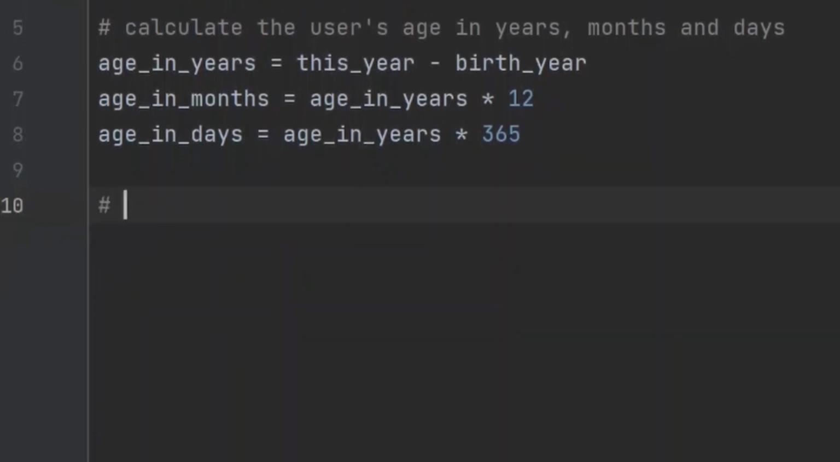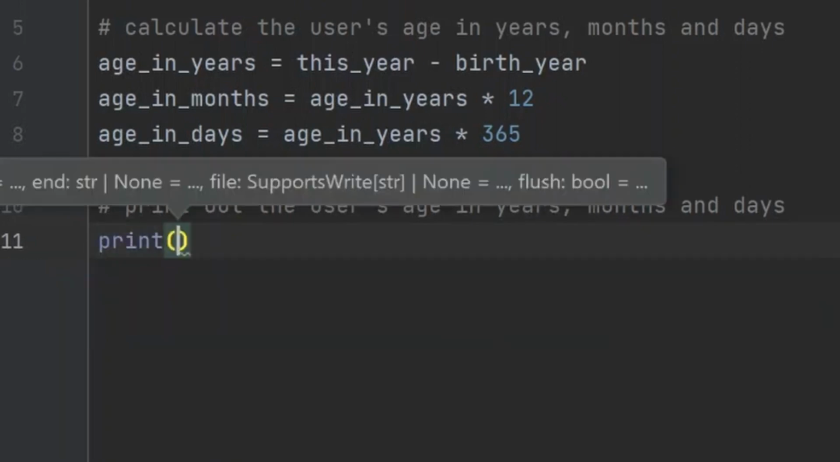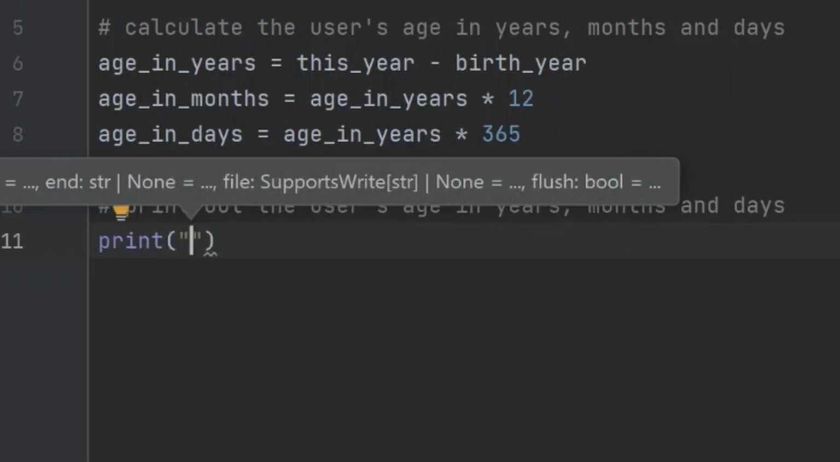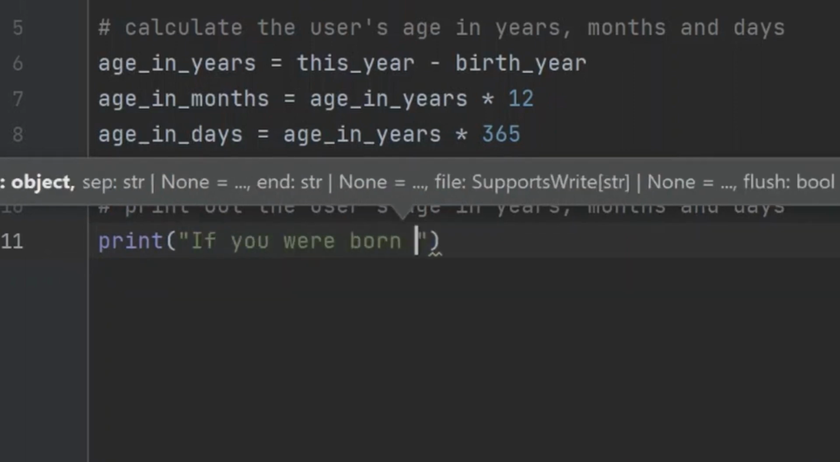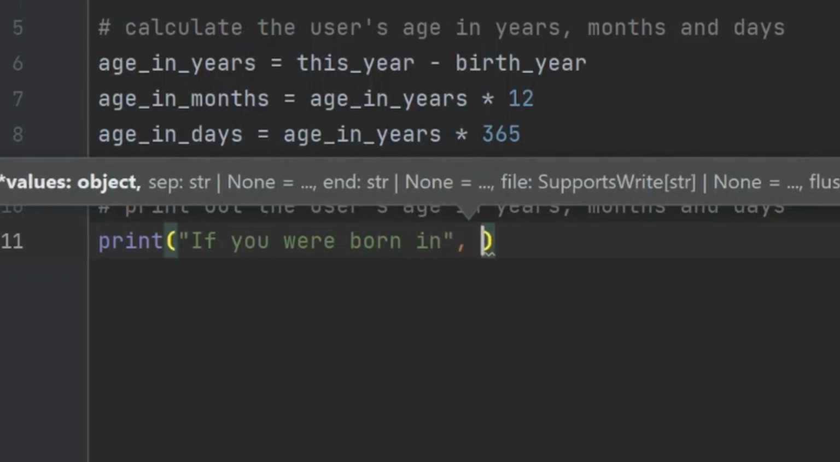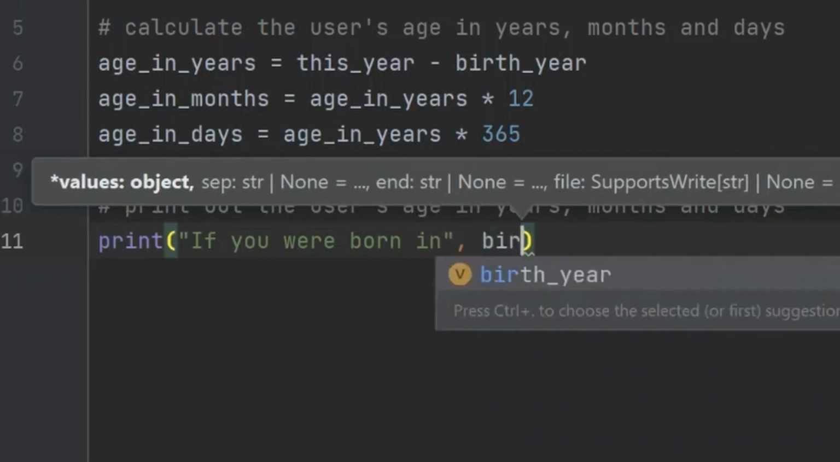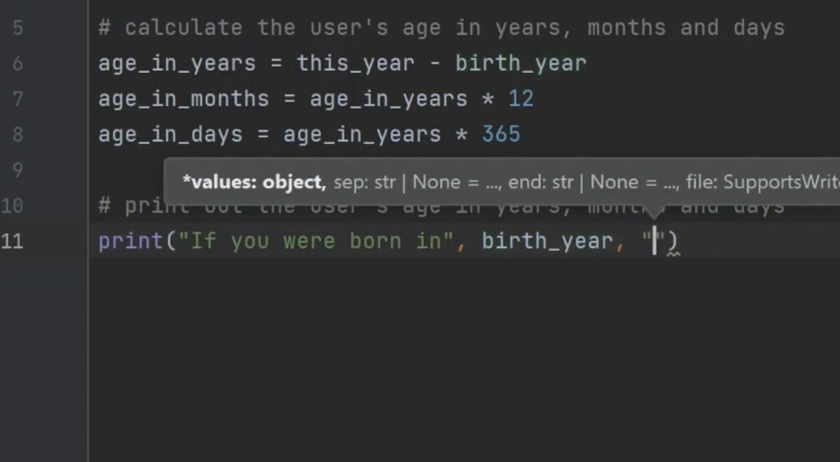So I'll write a comment, print out the user's age in years, months, and days. So I'll use a print function and say print, open parenthesis, double quotes, and I'll make the output a little interesting. So I'll say, if you were born in, out of the quote, comma, space, birth year, comma, space, another double quote,